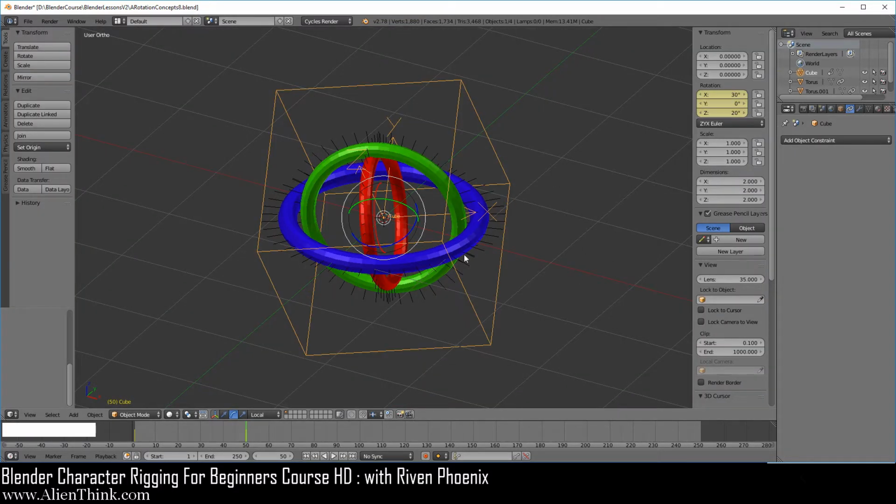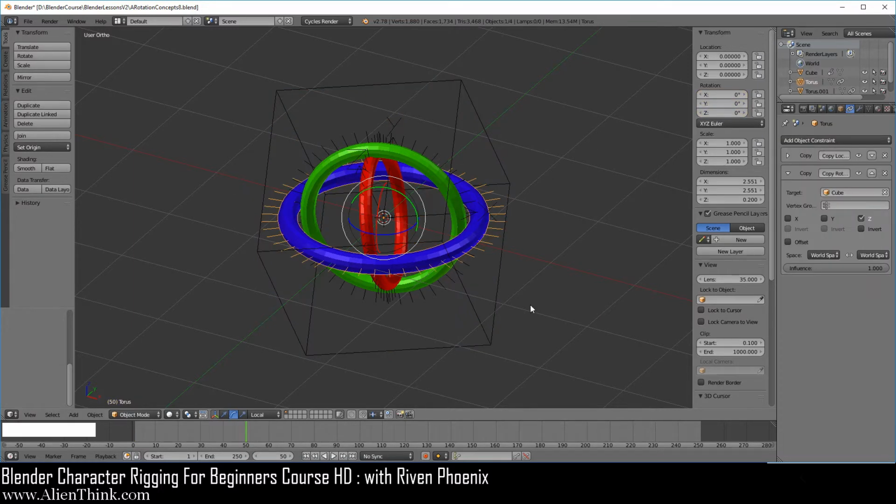Now of course the object is going to behave differently because the ring system is different. So here to understand this, what we have to do is take a look at what the ring system is doing. So here we can see that the z-axis is now bound to the local z-axis of this object. So now we have to click on this z-ring to see what's actually going on internally. Go ahead and now click on all these axes.